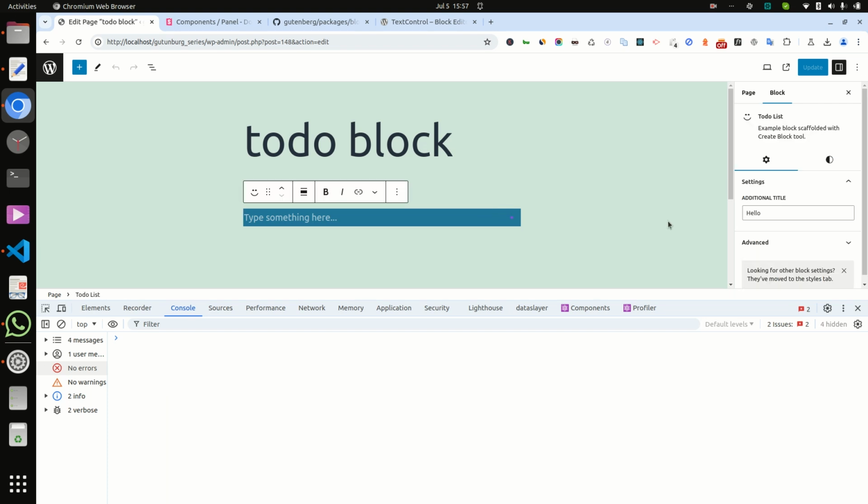Now additional title hello is coming, but it is not connecting to our block.